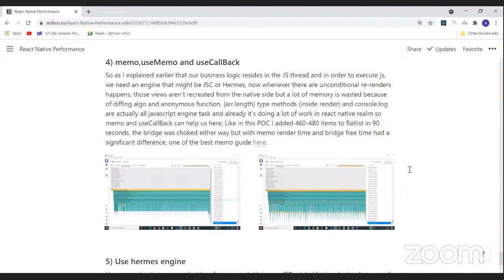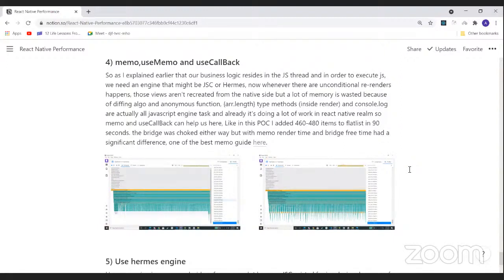So you should use Memo and useCallback more and more. As I explained earlier, our business logic resides in the JavaScript thread, and in order to execute JavaScript, we need an engine that might be JSC or Hermes.